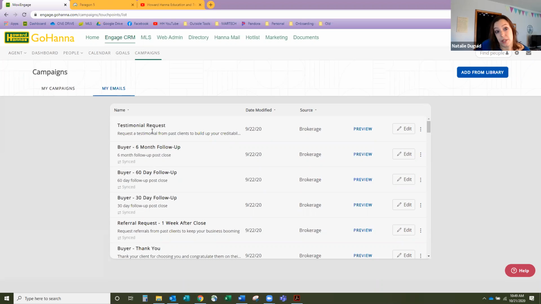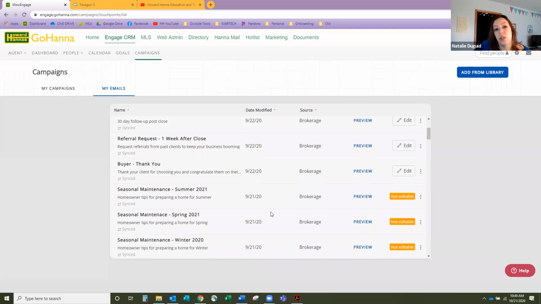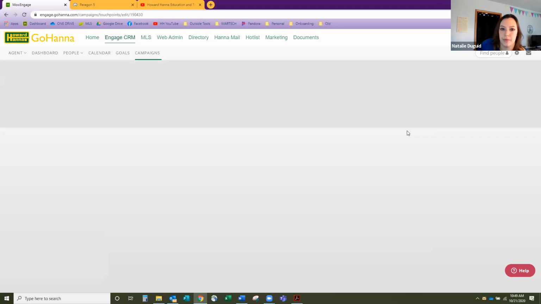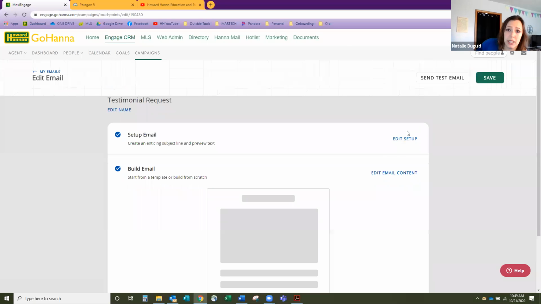And so you can just see down here whether you've edited it or not. I've edited this one. Also, you will note that some of them, like the seasonal one I was talking about, is not editable because that needs to be synced to the company's email so that those keep going out. So we will simply come over here and we will click edit. And it will bring us to this screen